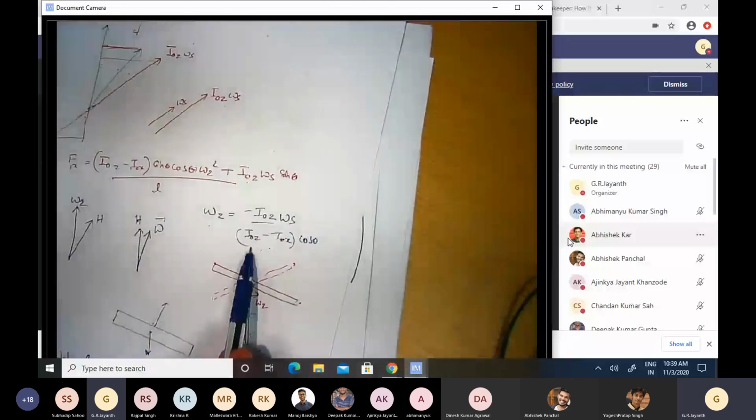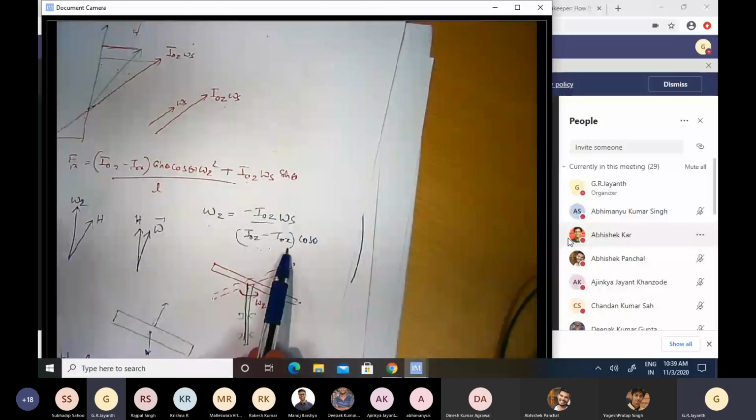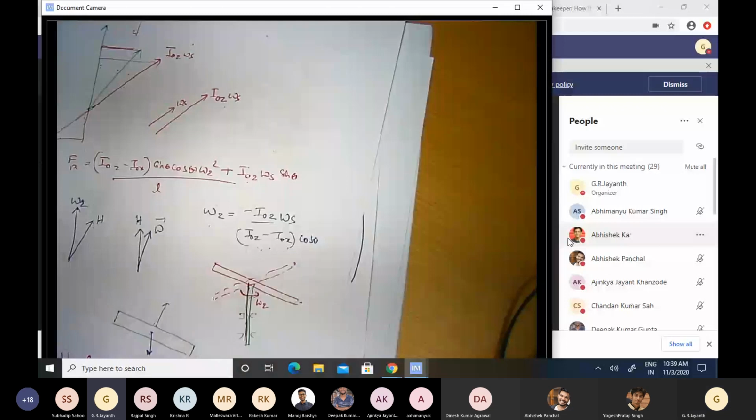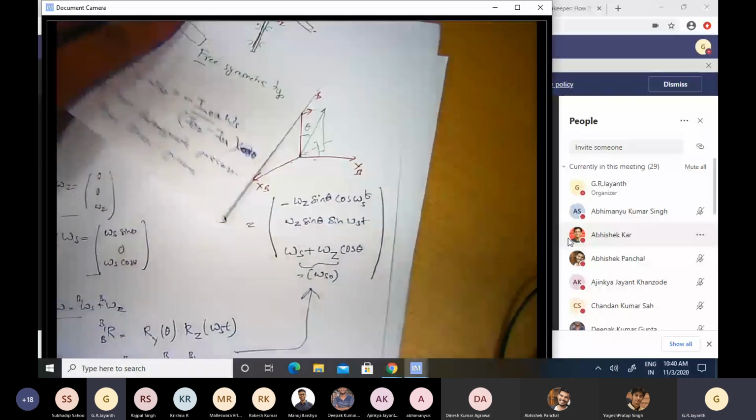If you look at the equations here, all these terms will exist only when I0z and I0x are not equal to one another. But if Earth is a sphere, then I0z and I0x should be equal to one another, and therefore there should be no wobbling. There should be no precession and such other kinds of motion. Well, it turns out that the Earth is not really a perfect sphere.